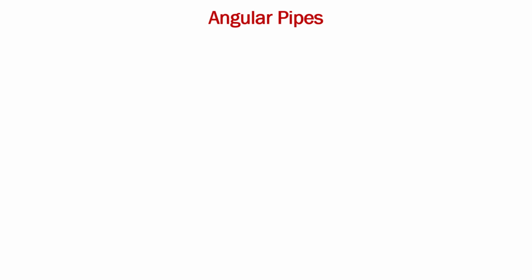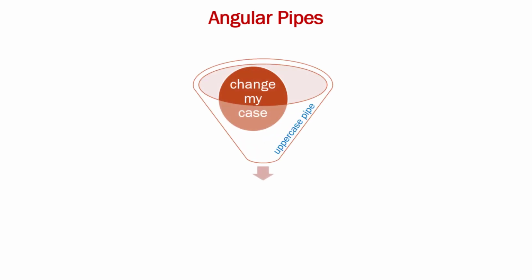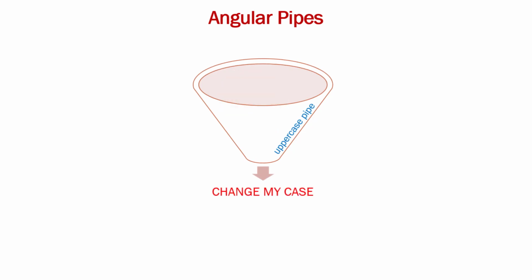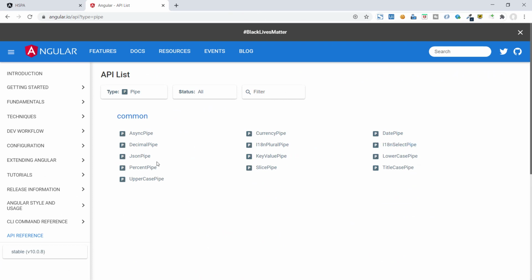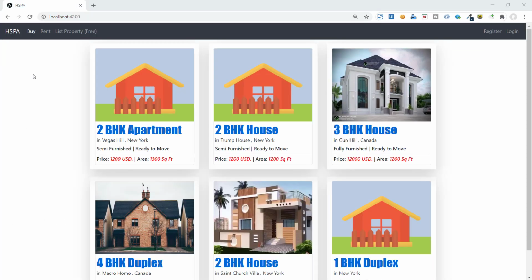Pipes are very useful in Angular and a simple way to transform values in an Angular template. Angular provides some built-in pipes, but we can also build our own pipe if built-in pipes do not serve our purpose. We will create our own pipe for sorting and filtering because there is no such built-in pipe available. But let's first look at how pipes work by using a built-in pipe.